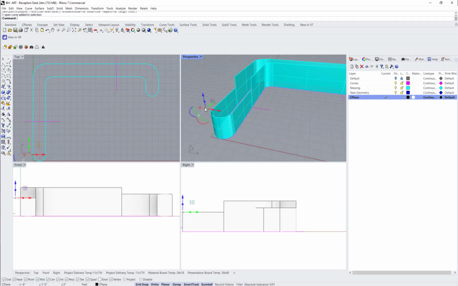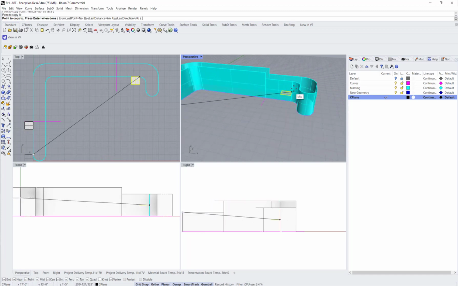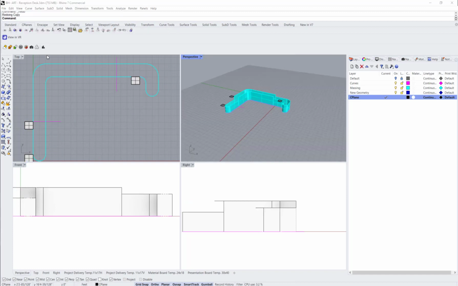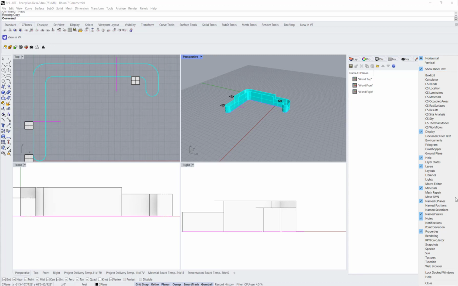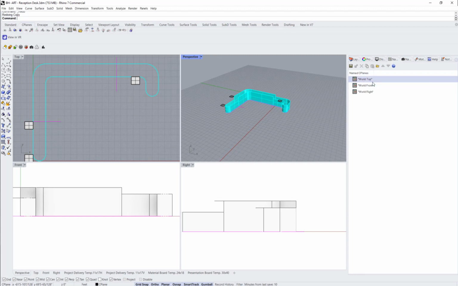And what I'm going to do is extrude this and then go ahead and copy it to the 44-inch height and then the 34-inch height. There are two different locations where you can set a seaplane, which will help you draw on that specific construction plane. One is located in the Named Seaplane tab. You can click the Options wheel and then navigate to Named Seaplanes, and that's how you can have it populate here. So this window will show you a list of seaplanes that are saved specific to this project,